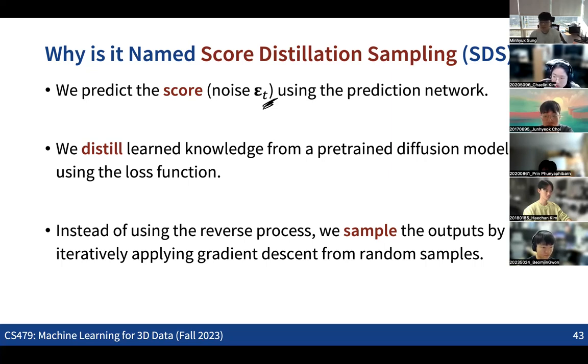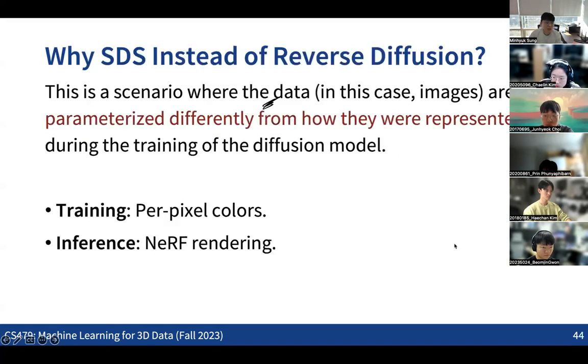And also, a very quick interesting thing: you might ask why we do not use the reverse process for the diffusion models. The standard way to make realistic outputs would obviously be running the reverse diffusion process. But instead of running the reverse diffusion process, what we do is run some optimization using an objective function at training time. That's a different way of making realistic outputs.